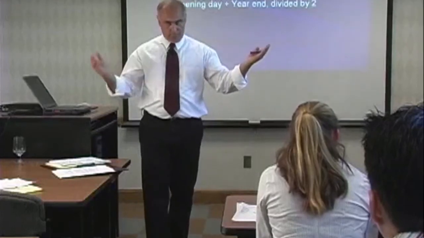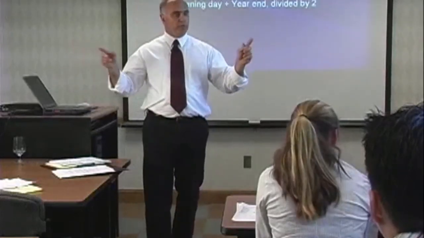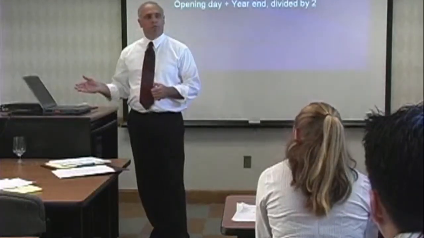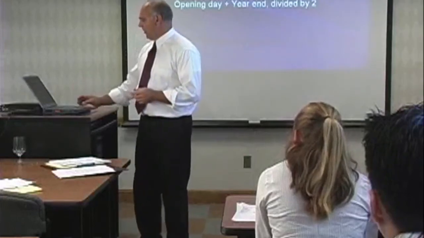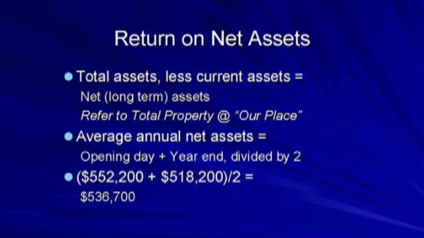Beginning inventory plus ending inventory divided by 2, we have 2 observation points, is the average inventory. The same concept applies to the total property. Opening plus ending divided by 2. So at our place, if we refer to the opening and closing balance sheets, opening day and period 4, the